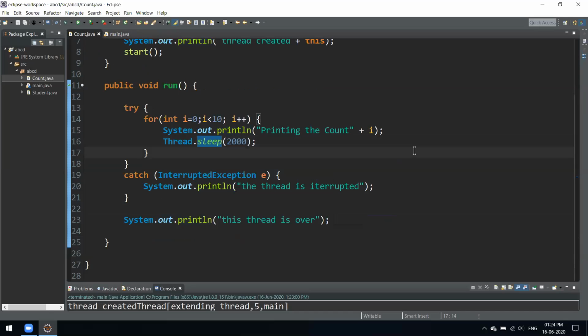So the life cycle would be: the first one is that the thread is invoked. The thread is called by our start method. And we can also block that thread, or pause that thread, using the sleep method. And the last point is that when your thread is done, you have to terminate that thread.